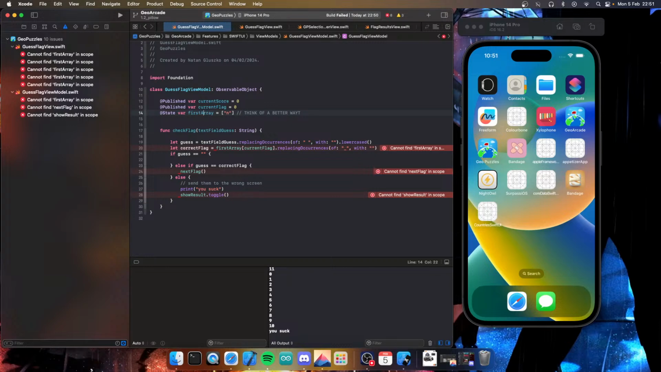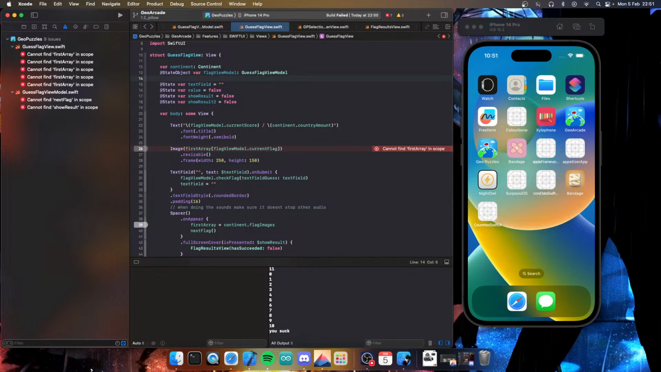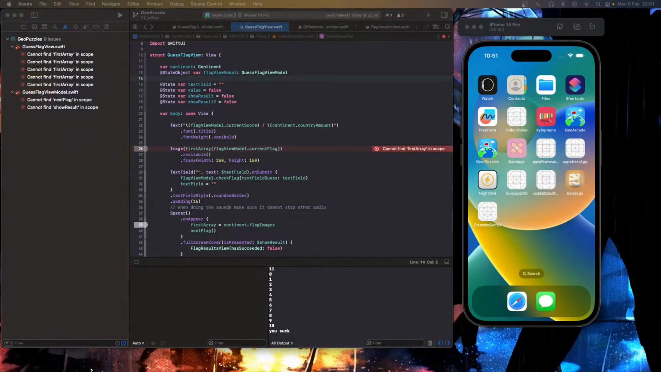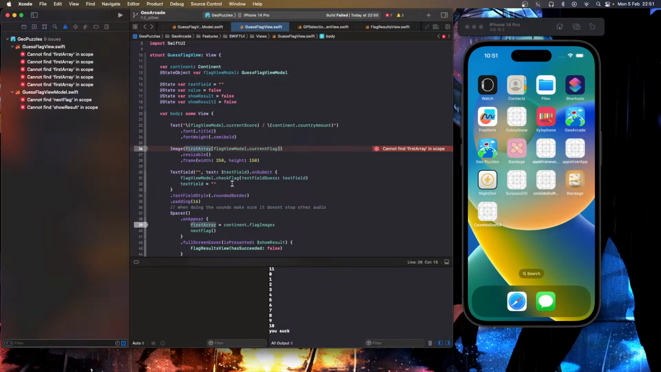That would solve it if we do published. And we have first array. But then it would complain here that there isn't a first array. Let me have a think. Okay. So this should now be flag view model dot first array, and